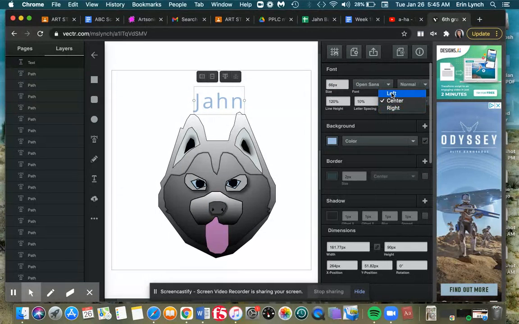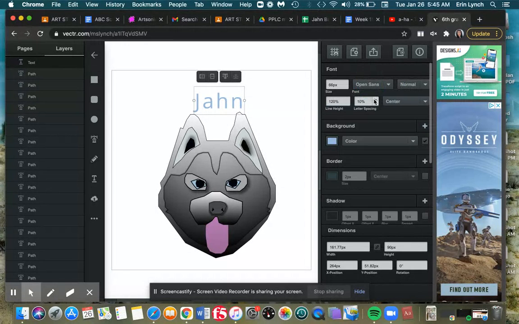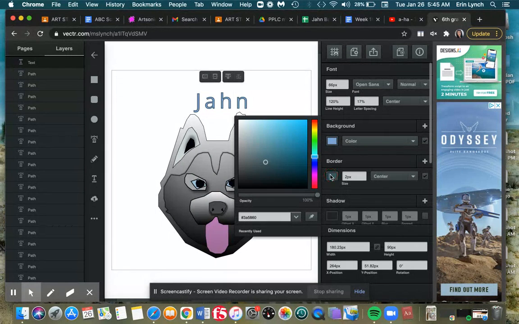I can put this to the left or to the center. Line height really doesn't change much there. You can definitely change your font. You can change your letter spacing, how it's spread out. I like doing that. You can change the color here by choosing a color. You can put a border on it. Okay. Now the border,